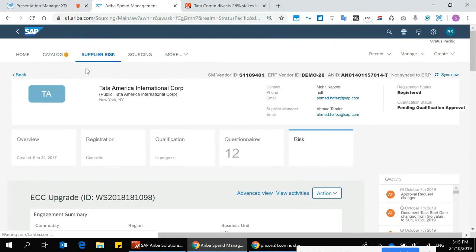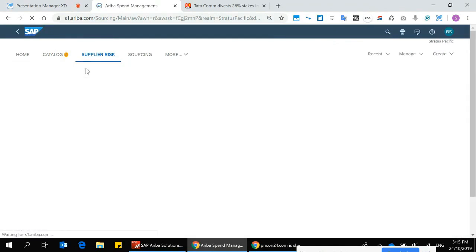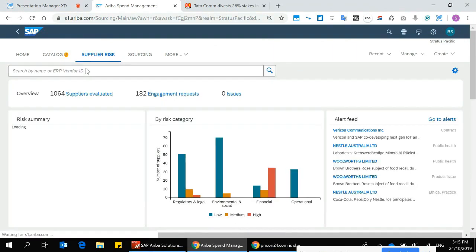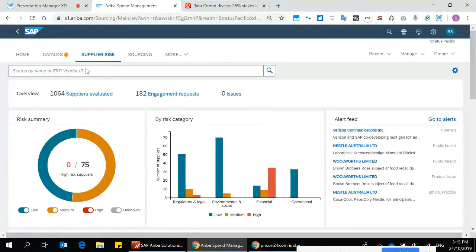I want to go back and look at more of a macro view. So in terms of a macro view, I'm now going to my dashboard. This dashboard is tailored for me as a user. And the key thing with this dashboard, it will be tailored to the type of users that you need access to. As I talked about earlier, a supply chain manager may only be interested in viewing data around supply chain suppliers, but not interested in your advertising and your law firms and those sorts of things. So everybody can tailor these dashboards to see the suppliers that make sense for them.